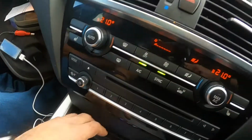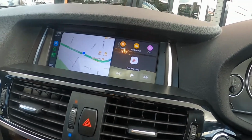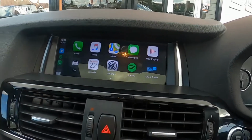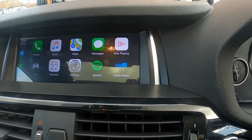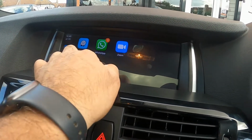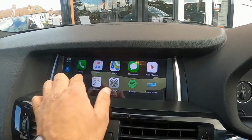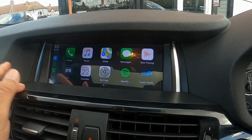If we just flick over to this function here, you can see my phone is connected just there. There you go. So all scrolls, everything. And if you look at the apps I've got on there as well, you've got Spotify, which you can use. You've got TuneIn Radio, you've got Waze, WhatsApp, Zoom. Absolutely fantastic features on this new tablet. Very responsive as well. It's almost like the same sort of response as your phone, your